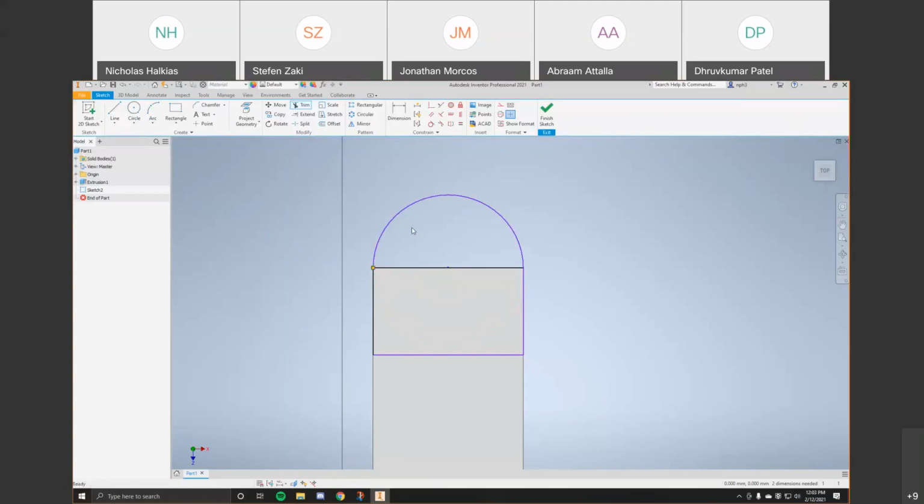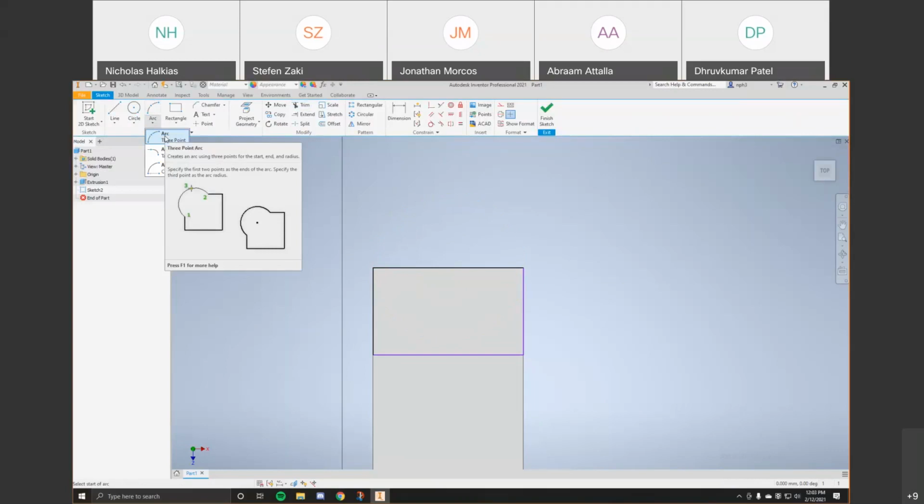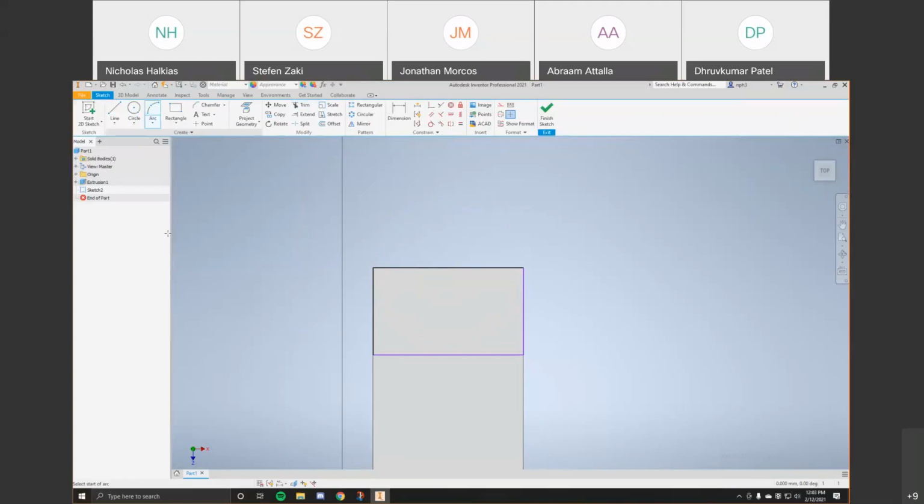If you wanted to do it using the arc tool instead, you would want to make a 3-point arc. And if you notice how when you hover over it, you might not know the order of points. It tells you. It says right here, you want to select both endpoints first and then your arc distance. So we want to select one endpoint,